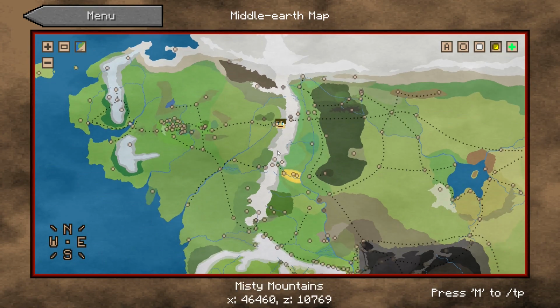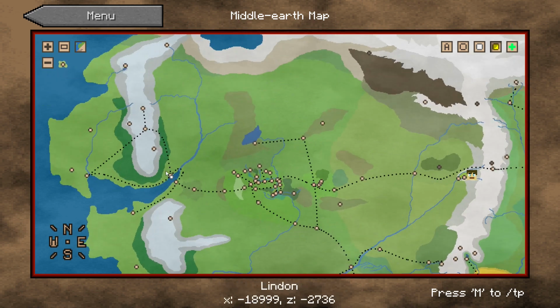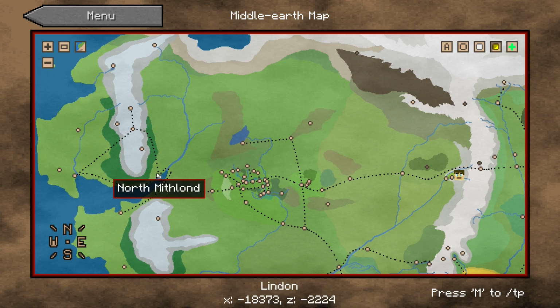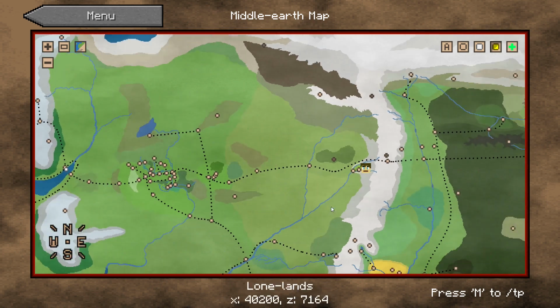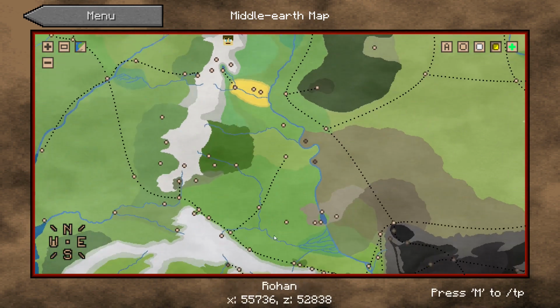Now, once you are here, we don't even need to talk about this, just avoid getting murdered halfway there. Lindon is where you want to go to get the elven stuff. So now you have a few options. You can either go back to the Shire and ride along here. That's a very bad idea, so I don't advise that. And if you want to get to Gondor,